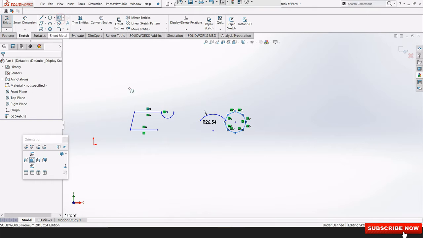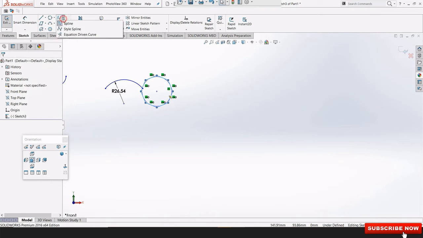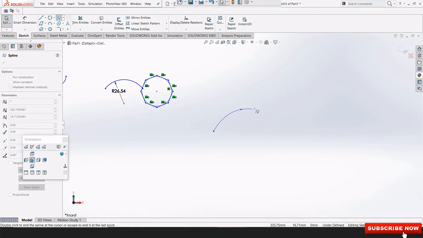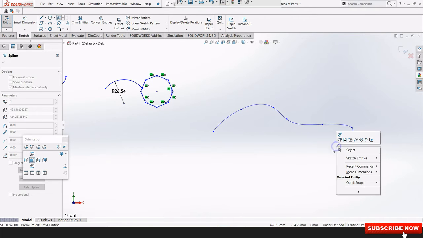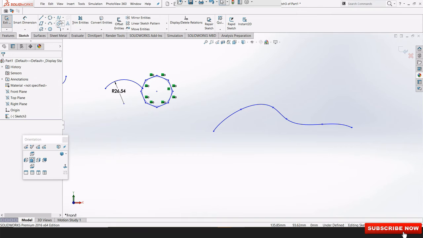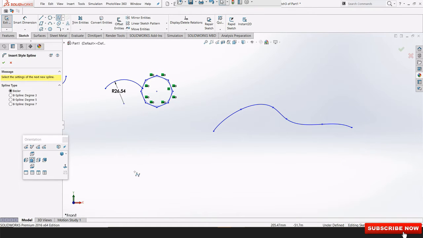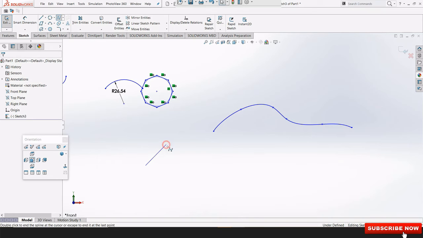Then we are having spline lines. This is also called a spline. This is a very useful tool. It is simply used in car modeling and many surface modeling. We'll see in further videos. Then we are having straight spline lines, and we have to select points, then this type of curve you will get after using this tool. You will have to use this according to your requirement.